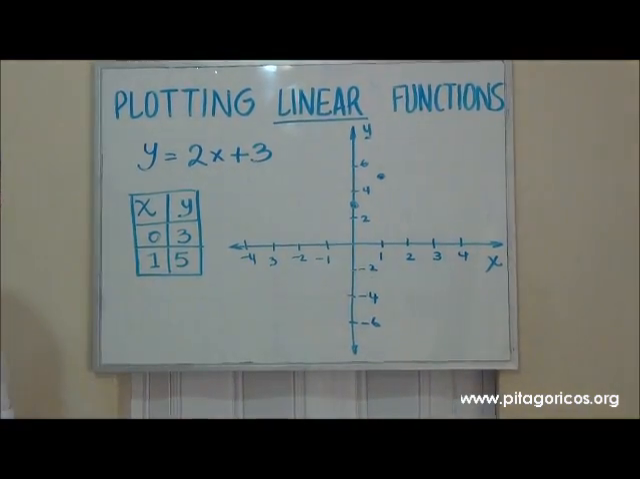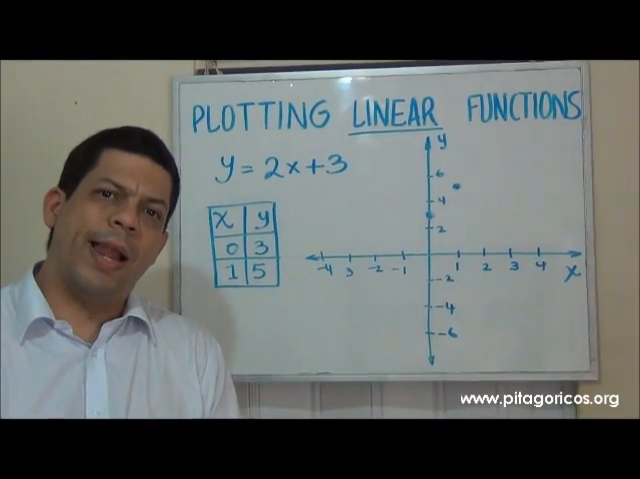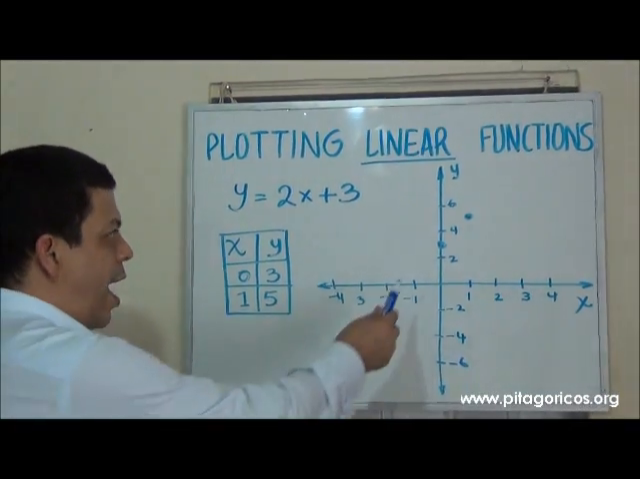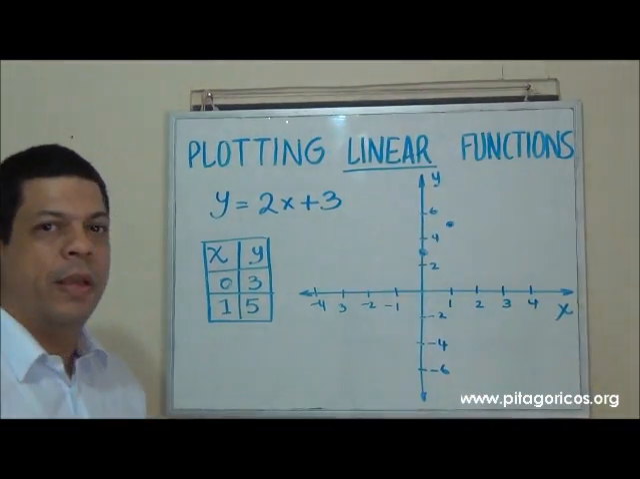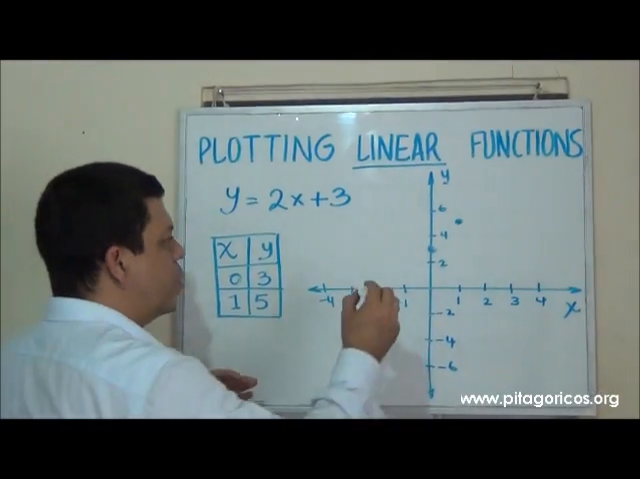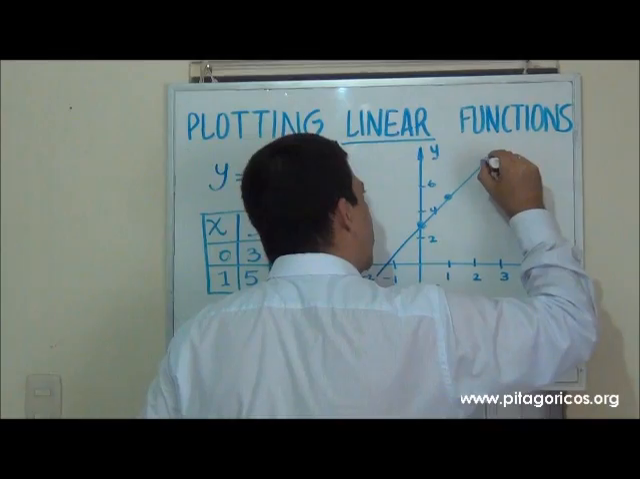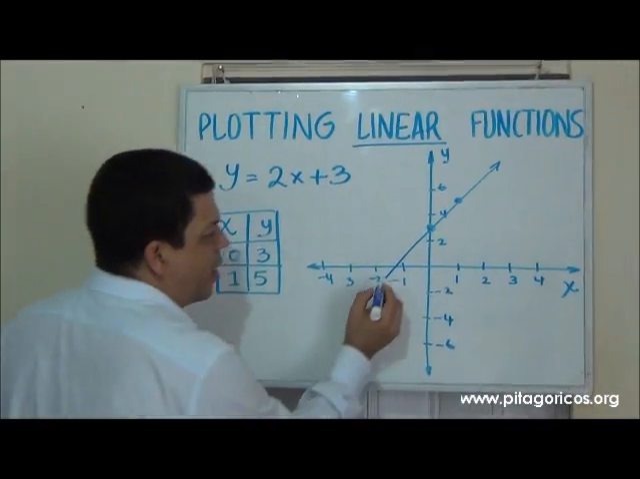Because, as I said before, the minimum number of points that you need to do a line is 2, and that's what we have here. We're done and ready to make our plotting. So, we can take a ruler and join these points like that. Please take into account that the line